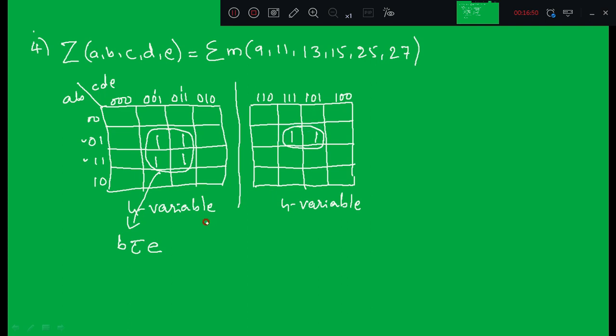Similarly here you have only 2 ones, so you can put them in one group, right? So the Boolean term for this is A bar B C E. So this is the first step, group like a 4 variable K map. Next you have to fold along this vertical line. If I fold this, please observe one thing here. So here 4 ones are grouped, here 4 ones are grouped, and here 2 ones are grouped, right?